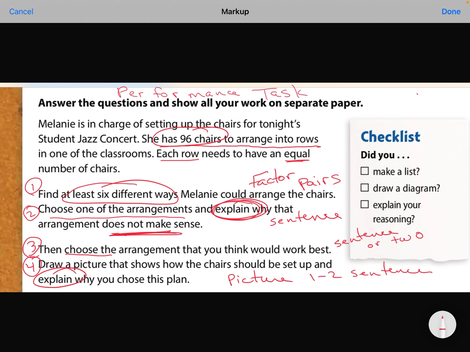So I'm going to give you a hint. What I would do is I would write down 96. I'm going to start through my factor pairs. I have 96 chairs. I can put 96 chairs in one row. Or, and I say it backwards, 96 chairs in one row. What if I have 2 rows? How many chairs? Does 3 rows work? See where I'm going with that? Finish up that task, pause,